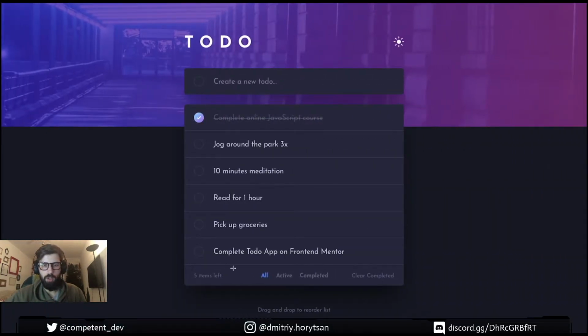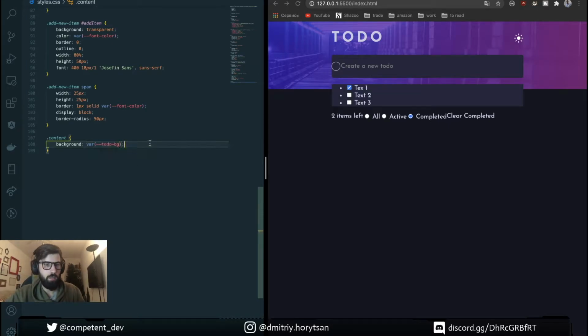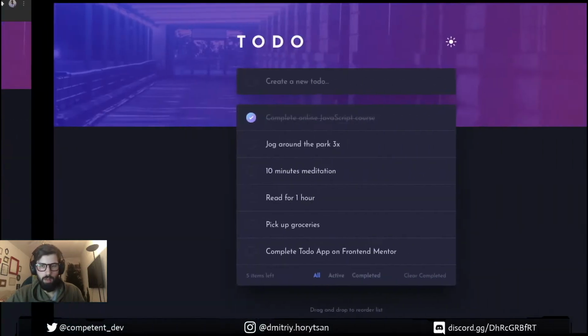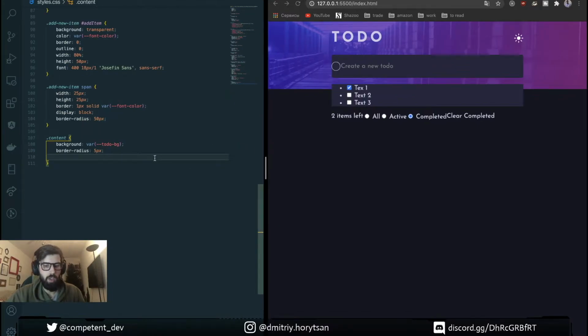The next we're gonna style our list. For this we will need for our content section some styles. Todo background. Okay. Border radius 5, and I need here to have box shadow. Here we have some box shadow.